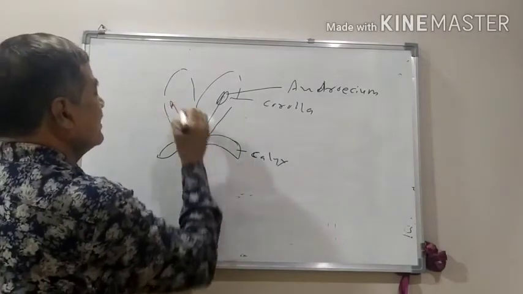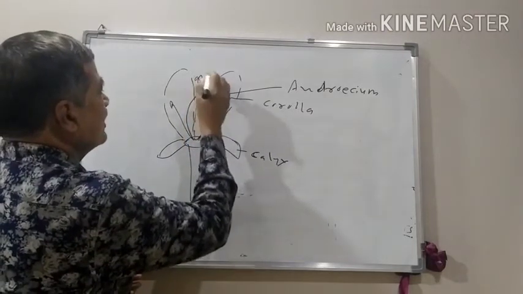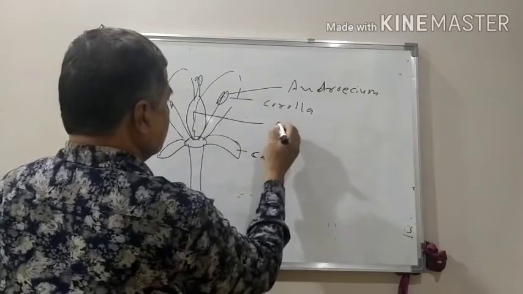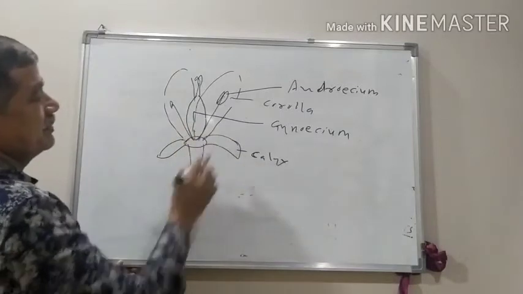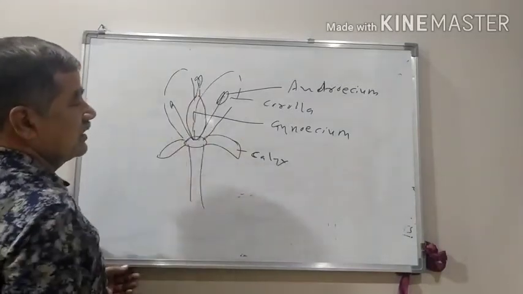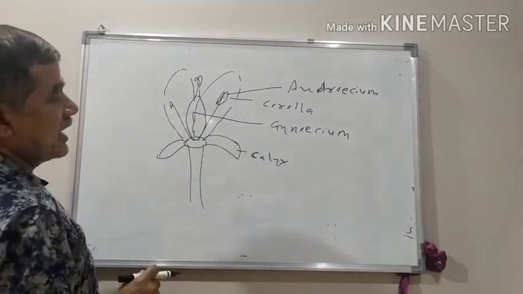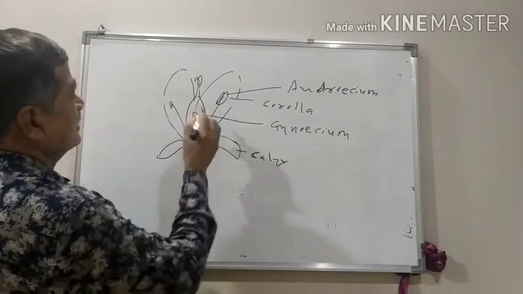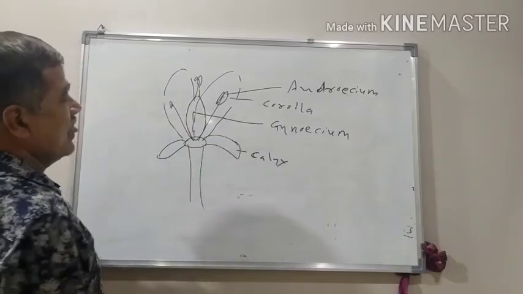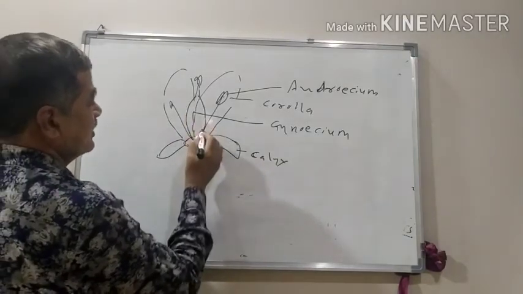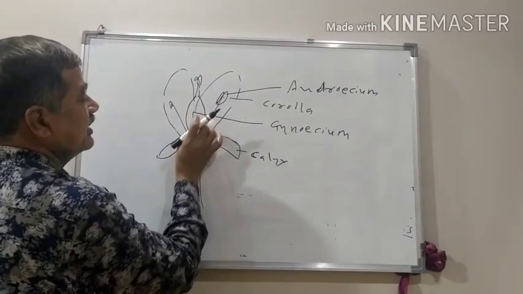Centrally placed is the female reproductive organ, known as the gynoecium, in the innermost layer. The fourth essential whorl consists of the megasporangium, the megaspore-containing structure, that is the gynoecium. The individual member of the gynoecium is known as the pistil or carpel. It consists of ovary, style and stigma. The ovary is the basal swollen portion containing the ovules.